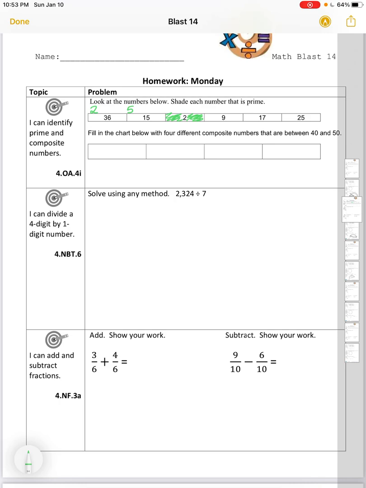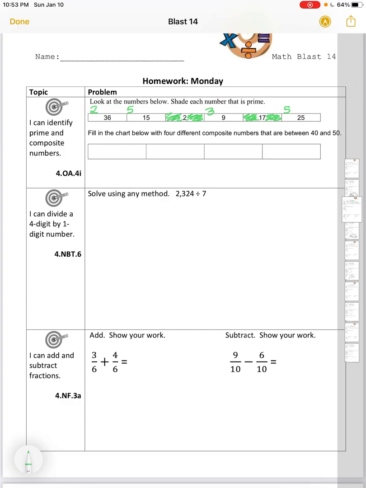9, 1 and 9 are factors, but so is 3. 3 times 3 gives me 9, so that's a composite number. 17, 1 and 17 are the only two factors of 17. Therefore, 17 is going to be a prime number. I shade the box. 25, 1 and 25 are factors of 25. Again, this number ends in a 5, so we know that 5 is also another factor of 25, making it